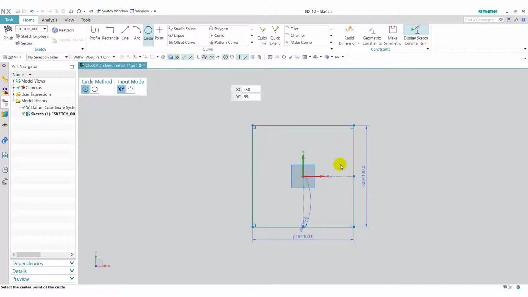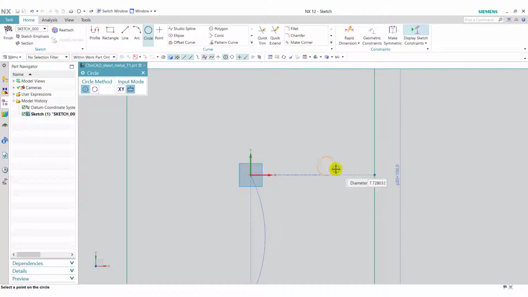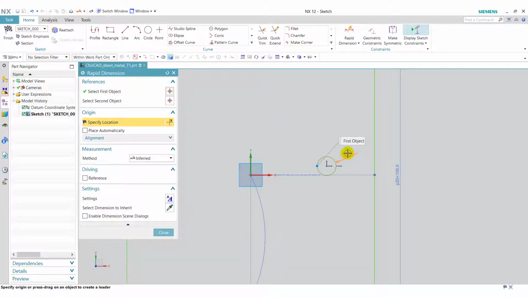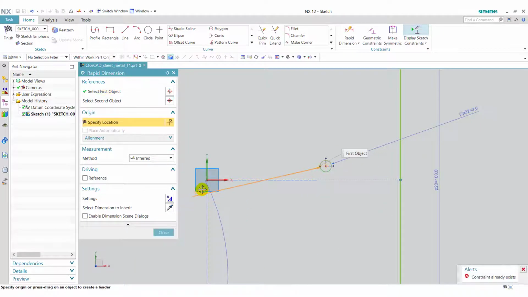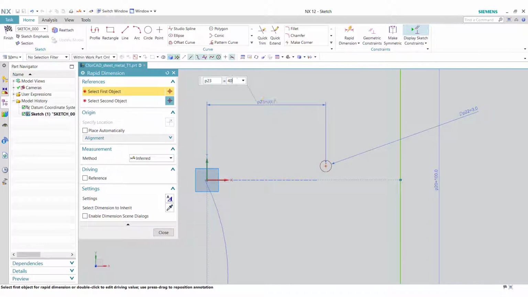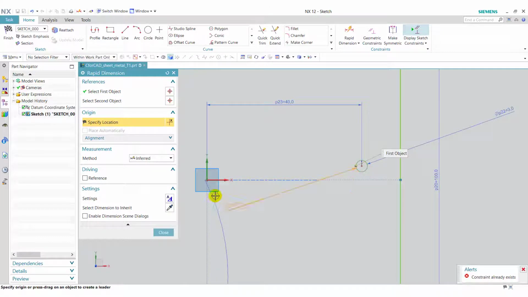Now select the circle command, draw one circle here, go to rapid dimension, give the dimension to the circle of 3 mm. Now select the center of the circle and select the origin, enter the distance here 40. Again select the center of the circle and select the origin and give the vertical dimension 0.